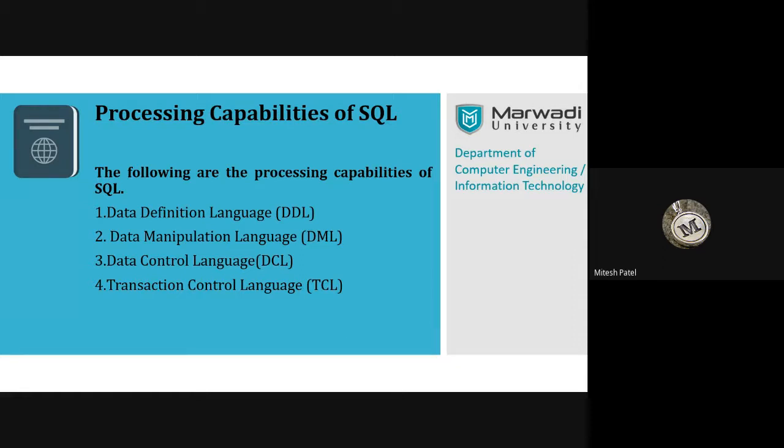Now, suppose you have made a typing mistake, then you need to update that. For that, the update command is there. If you want to delete, the delete command is there. So this is the sequence. So for that, we have 4 categories. Data definition language. Remember all these short forms, full forms; 1 mark, MCQ, viva, they may ask. Also, they may ask, write down any 3 DDL commands, write down any 2 DML commands, like this.